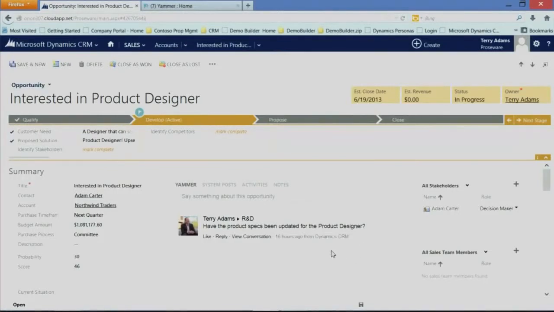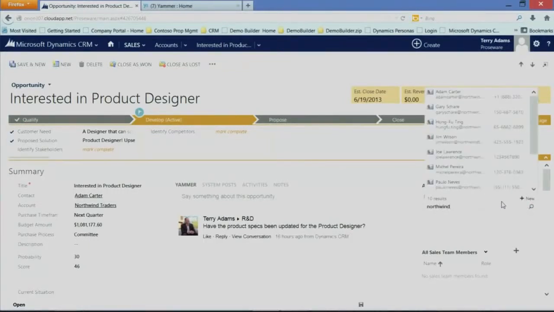Another element that we've added is these notions of, you'll see here, stakeholders and sales team members. What this allows me to do is quickly add data. So I'm on Northwind Traders. I may not know all of the people at Northwind Traders, so without clicking into that and doing some research, I'm simply going to type Northwind and do a search, and you'll see it searches everything in the system that is Northwind,